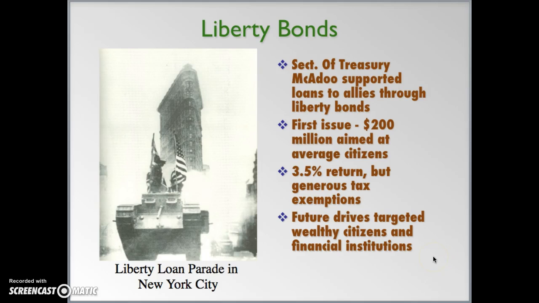This is going to be really important in the 1920s when Americans increasingly are spending money in the stock exchange, right? So World War I, we loan a bunch of money to the Allies, and we also expose our citizens to investing for the first time as a result of that.